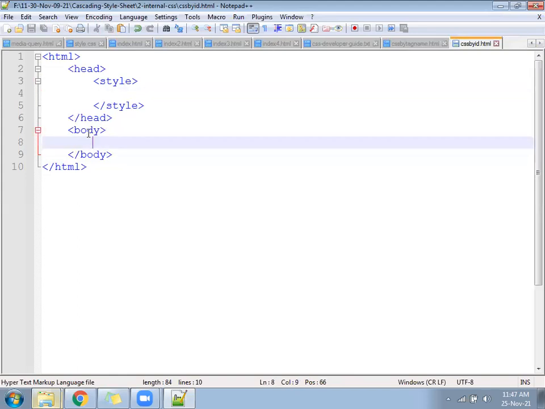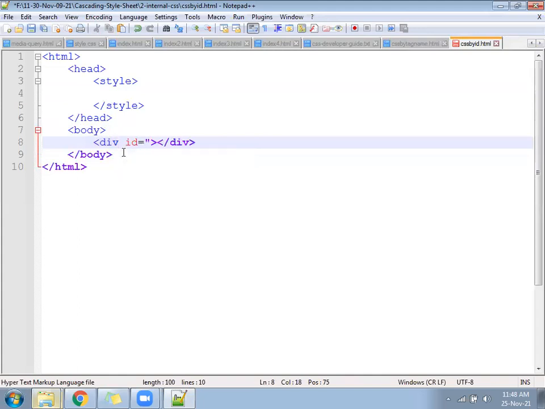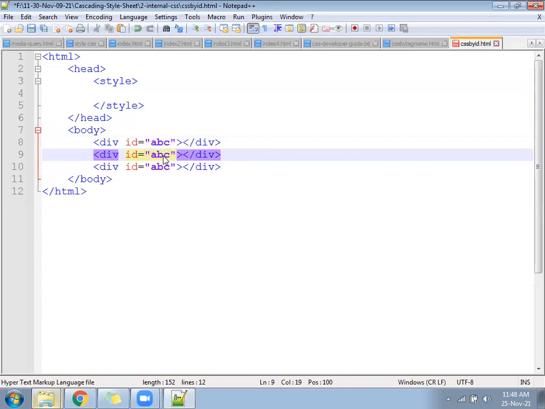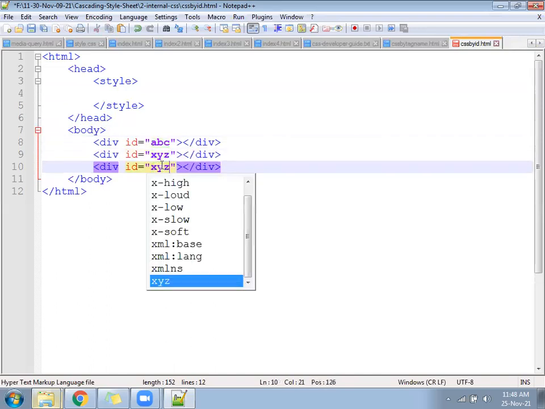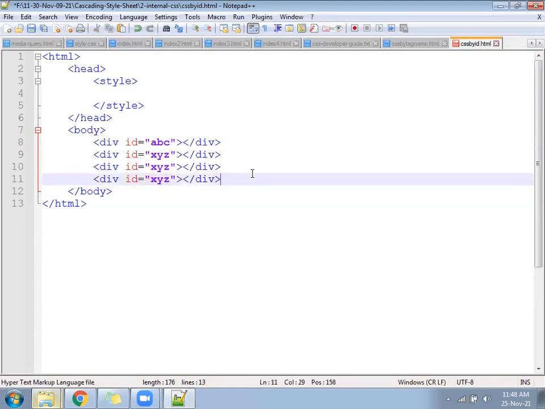Next, write a division here, give id equal to abc. Write some more divisions, id equal to xyz, id equal to xyz, again id equal to xyz. One id we call 3 times, one id we call 1 time.